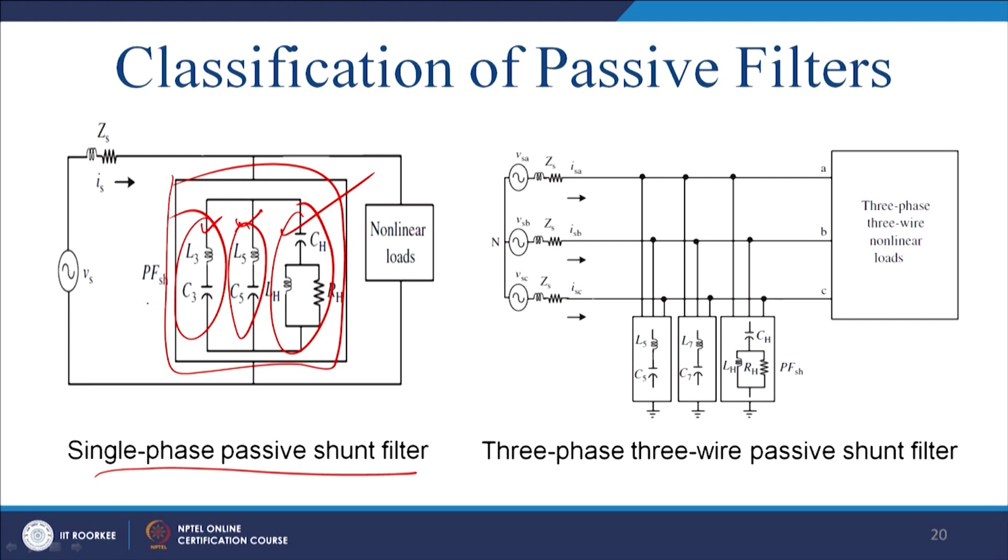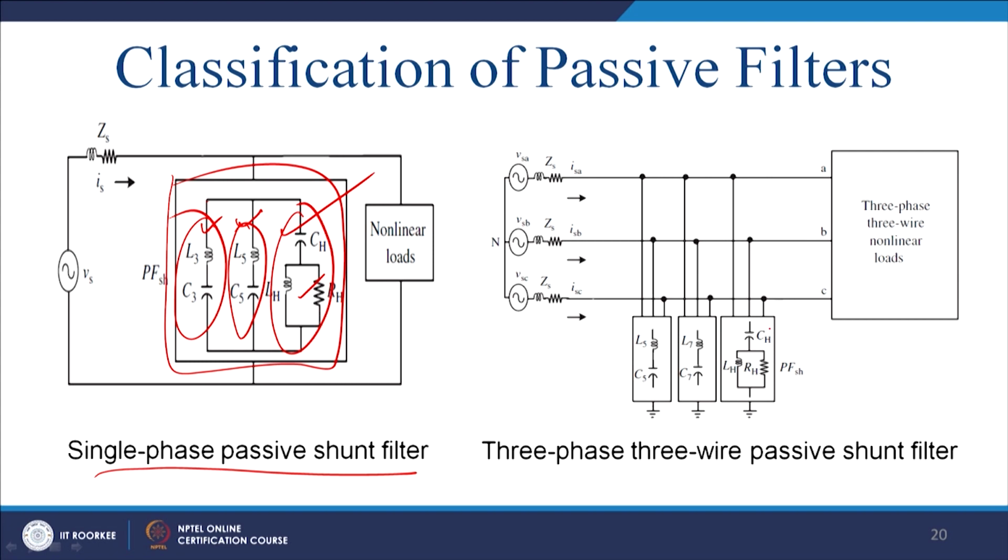So, you will have a third harmonic. For this reason this filter has to be the sinking path for the third harmonic, this is a filtering path for the fifth harmonic, and all the higher order harmonics above fifth will be sunk through this high pass filter, because it will sink all the high pass frequencies.